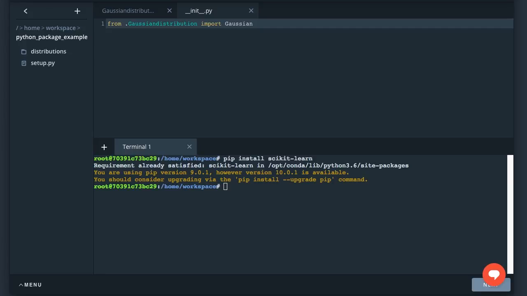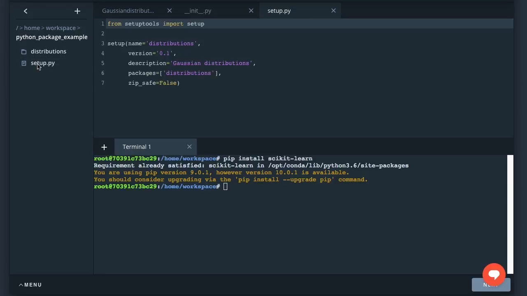This file is necessary for pip installing. Pip will automatically look for this file. Opening this file, you can see the setup file contains information or metadata about the package, like the package name, version, description, etc.